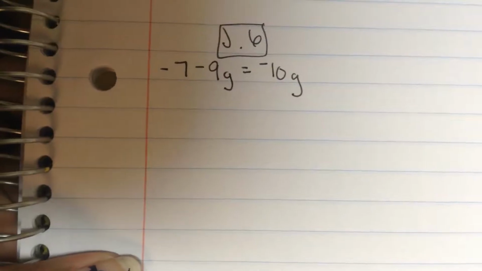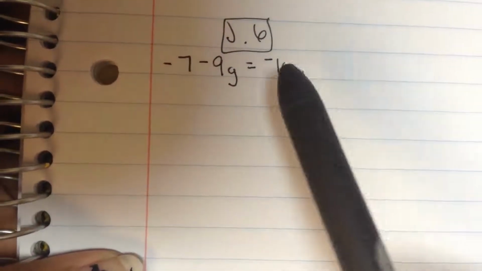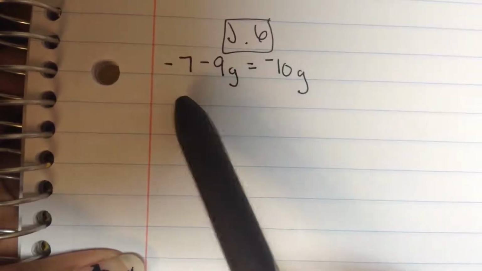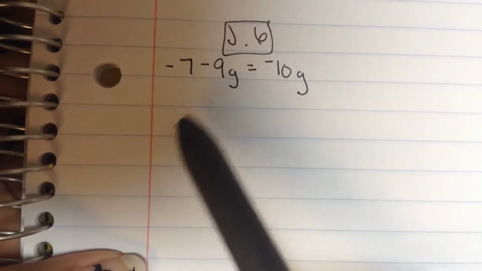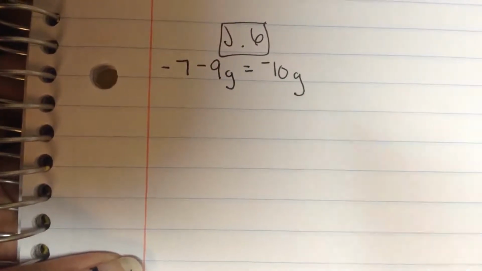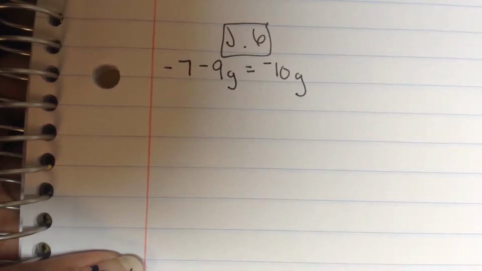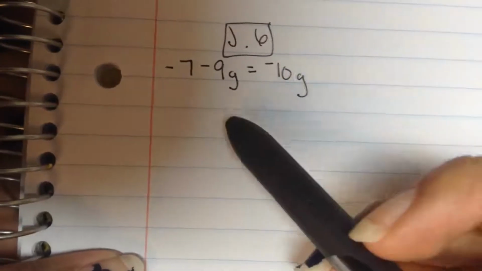Okay, so I'm going to explain to you how to do two problems from the J.6 module. This is the first one. J.6. Okay, -7 minus 9g equals -10g. So, 10G. That's like the newest phone, right? So, -7